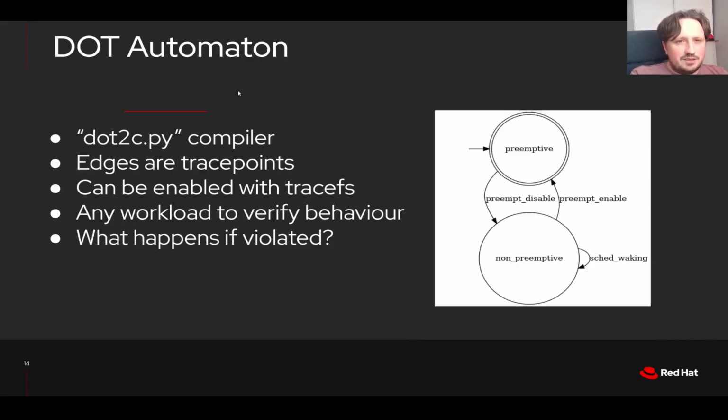The dot automaton, as I said, there exists a compiler in the tools directory, dot2c. It's in Python. The edges are usually trace points, as I said, that preempt enable and disable change the states of preemptive and non-preemptive. And then chat waking should only be called when it's in the non-preemptive state. And the good thing, it can be very simply activated. You need to activate it in kconfig, but then you can just say echo 1 in the tracefs,